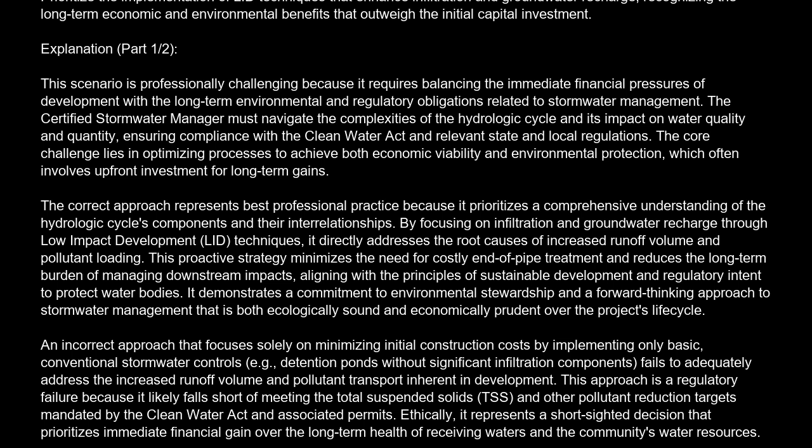Explanation: this scenario is professionally challenging because it requires balancing the immediate financial pressures of development with the long-term environmental and regulatory obligations related to stormwater management. The certified stormwater manager must navigate the complexities of the hydrologic cycle and its impact on water quality and quantity, ensuring compliance with the Clean Water Act and relevant state and local regulations. The core challenge lies in optimizing processes to achieve both economic viability and environmental protection, which often involves upfront investment